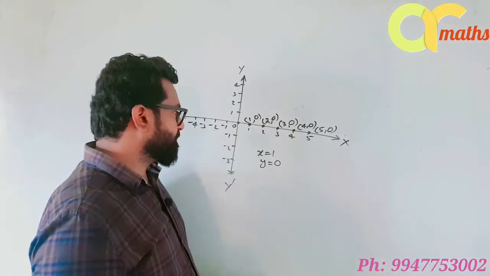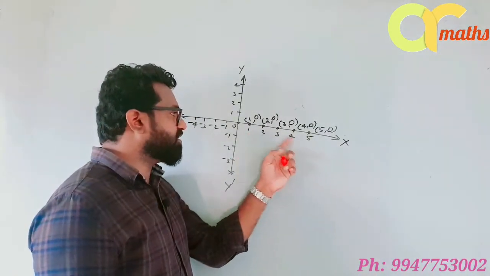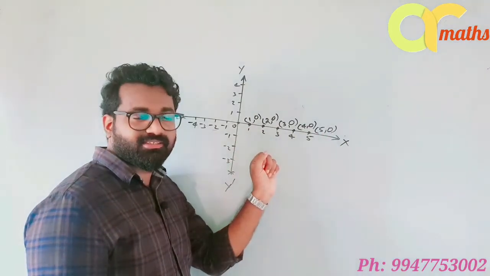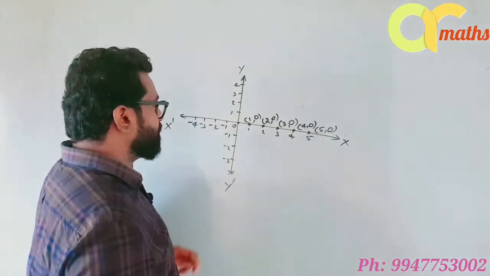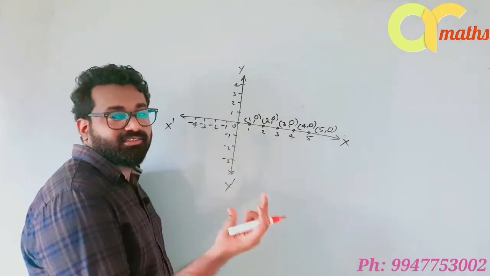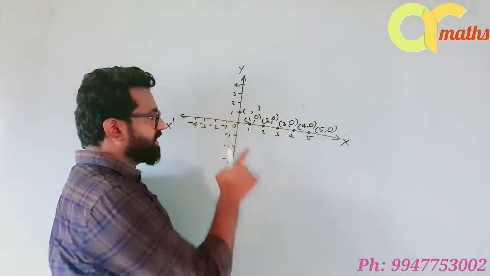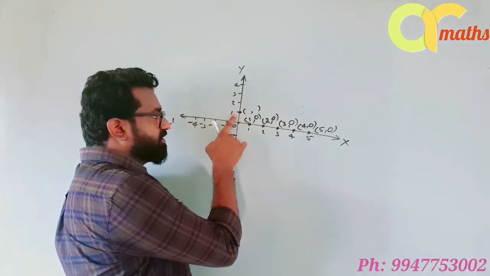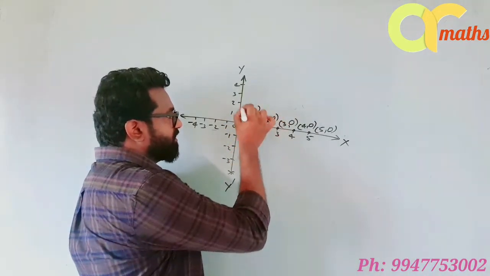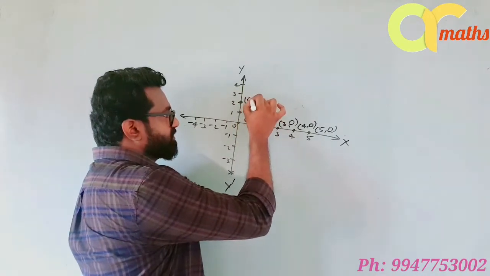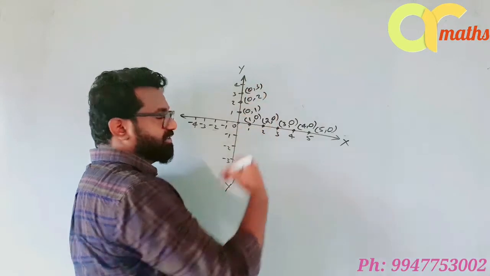So here we conclude that on x axis the value of y is 0. Similarly on y axis the value of x is 0. Okay, what is this point? So x comma y. What is the x value here? On y axis we know the value of x is 0. 0 comma 1. What about here? 0 comma 2. Here coordinate is 0 comma 3.